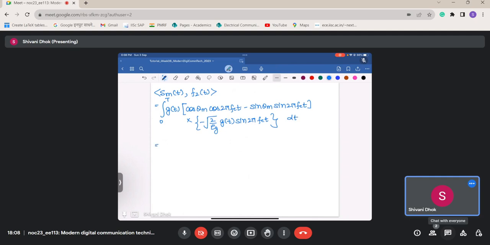So this comes out to be minus root 2 by Eg cos theta m integral 0 to T